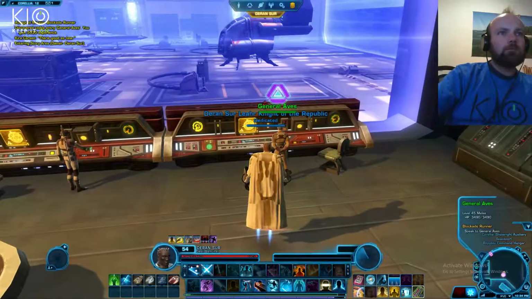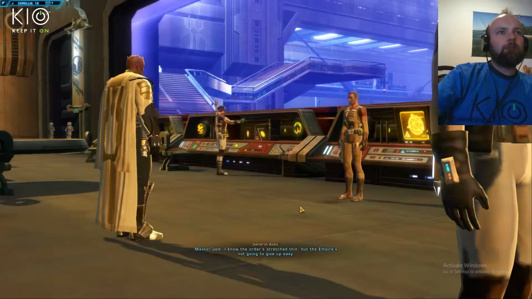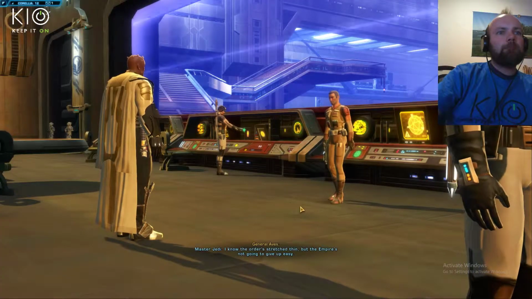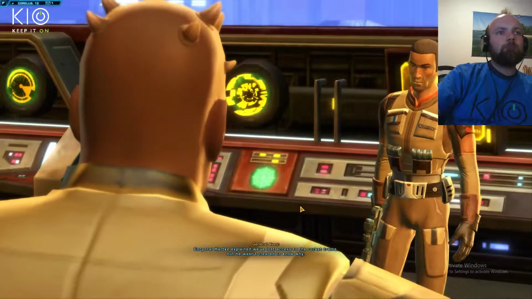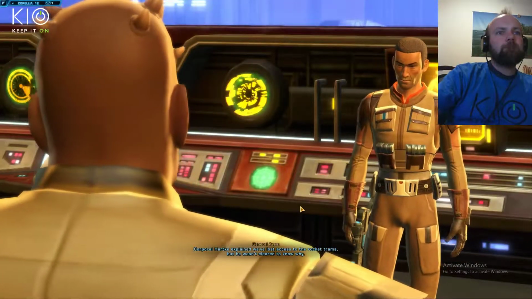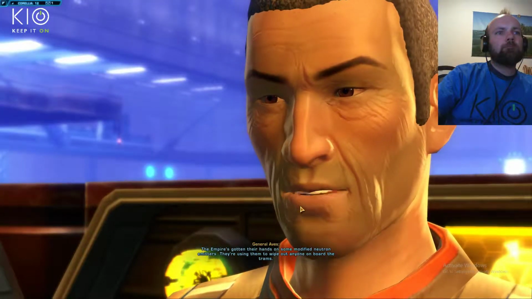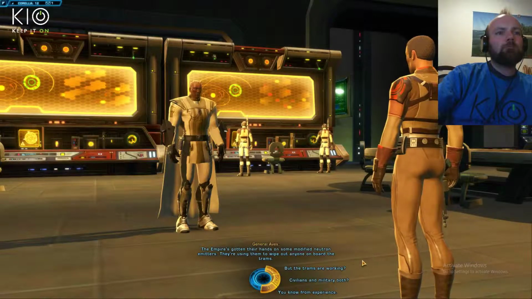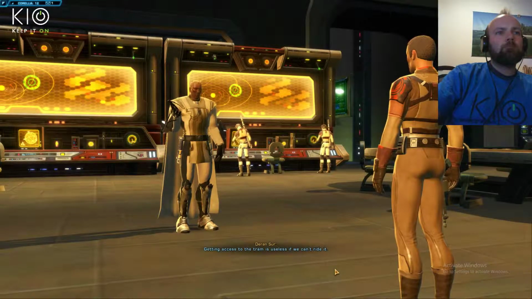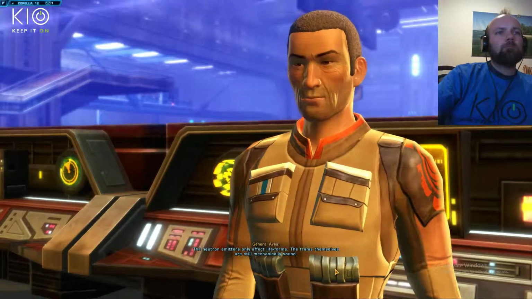Hey, General Aves? I was told you could use some help. Master Jedi, I know the Order's stretched thin. The Empire's not going to give up. Corporal Hartkey explained we've lost access to the rocket trams. The Empire's gotten their hands on some modified neutron emitters. They're using them to wipe out anyone on board the trams. Neutron emitters only affect life forms. The trams themselves are still...